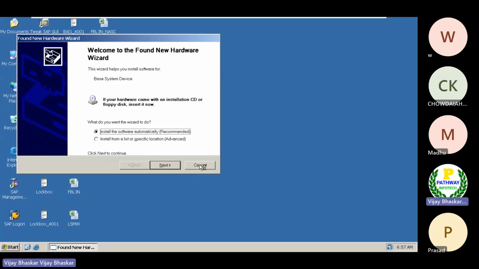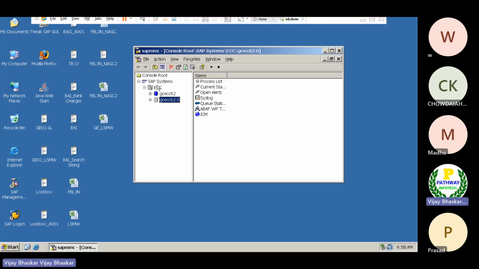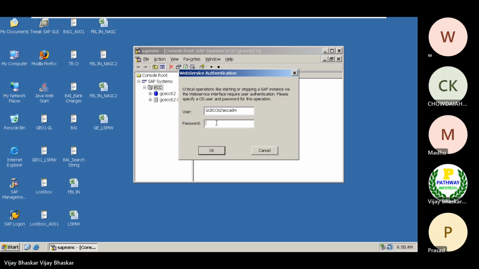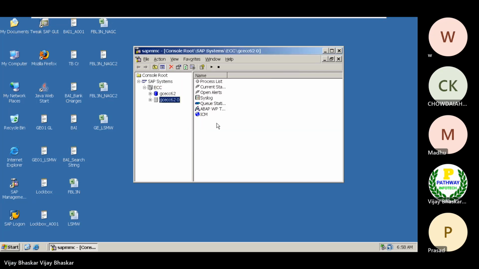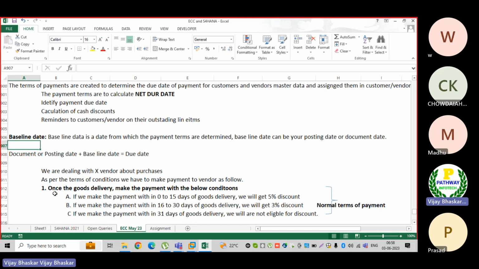Our system is going to calculate, because we have already entered a few invoices, we have already posted. And remember, I just mentioned here, the example is only from the vendor perspective.